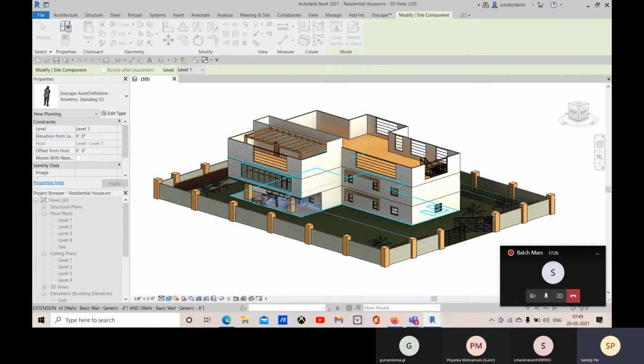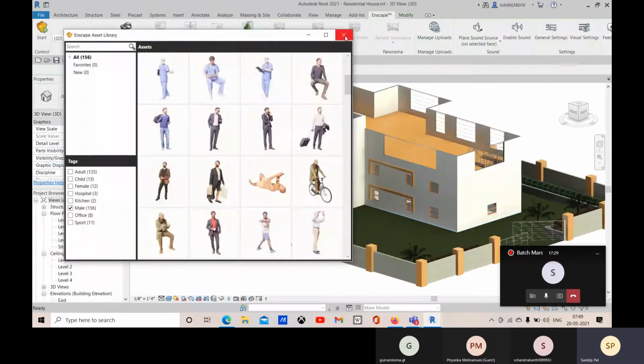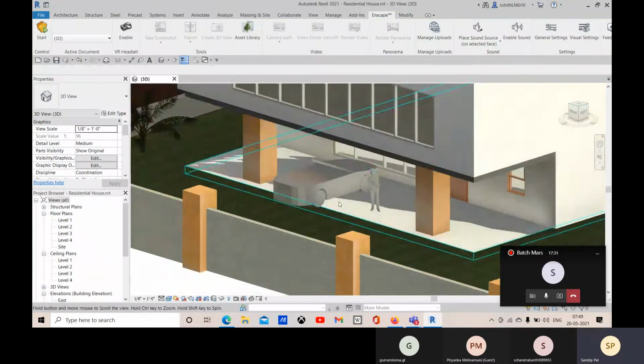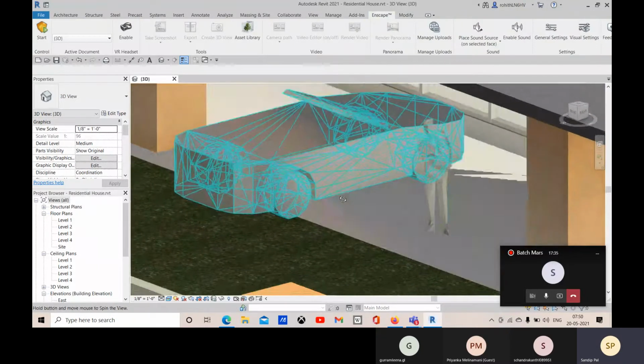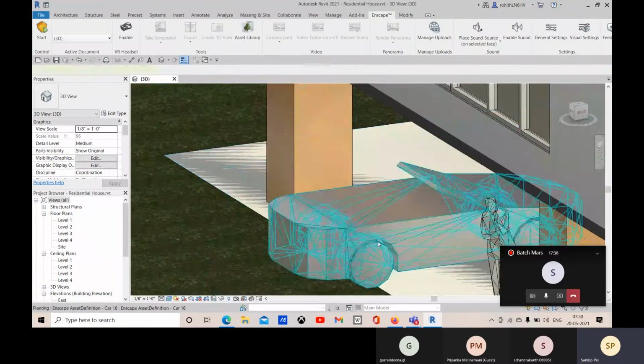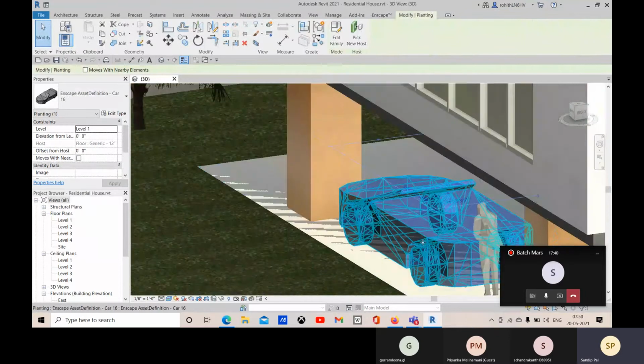Okay, so right now these are placed, and now if you need to change the orientation of these objects, you can just simply press space bar and you can change the orientation.